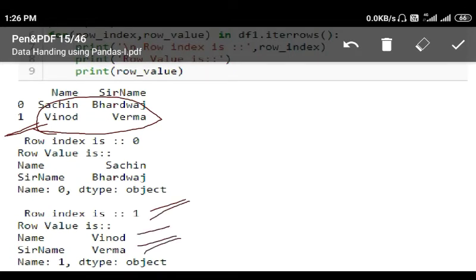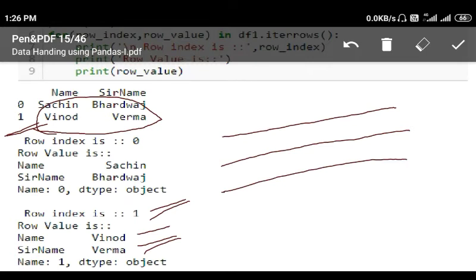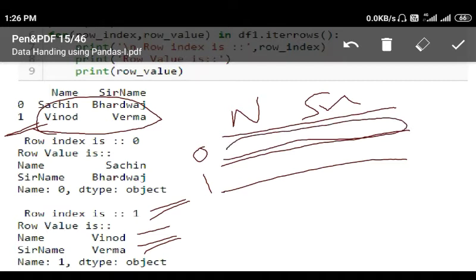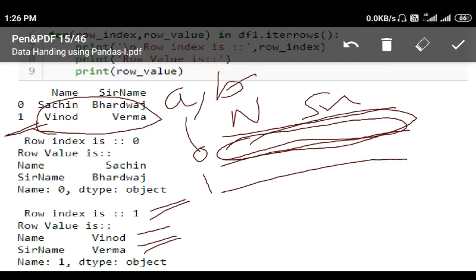How this function works, see, these are the two rows or three rows. These are the name, these are surname. So this is the row index. So it will extract the first row. This index will be stored in the variable a or row_index, and this entire row value will be stored in variable b or row_value given in this example here.